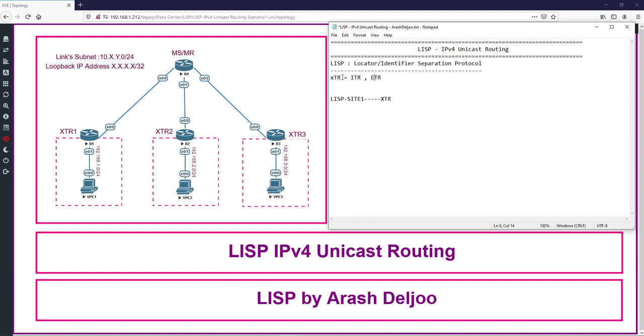The function of this router is as an ingress tunnel router, and simultaneously it is an egress tunnel router. We call it briefly XTR. Instead of saying ITR and also ETR, I'm using XTR. It's so easy. LISP site 1 is connected to XTR1, LISP site 2 is connected to XTR2 as an edge router, and LISP site 3 is connected to XTR3. This is our scenario. In the site of XTR1 we have one range of IP addresses, in the site of XTR2 we have another range, and finally in the site of XTR3 we have another range of IP addresses,